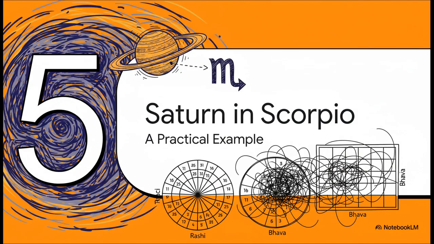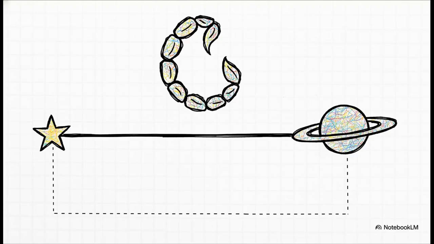Let's look at a real-world example in part 5, the Saturn and Scorpio proof. Let's set up the exact data points for a test to really prove the math here. Imagine a chart where the Scorpio ascendant is sitting at exactly 10 degrees, okay? Now imagine the planet Saturn is also positioned in Scorpio, but it's way at the end of the sign, at 28 degrees. Keep those two numbers locked in your head for a second. Ascendant at 10, Saturn at 28.